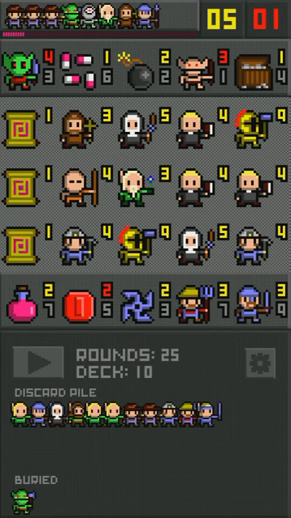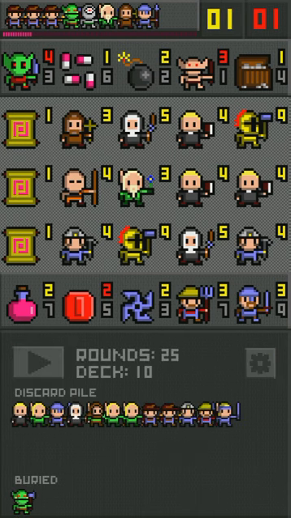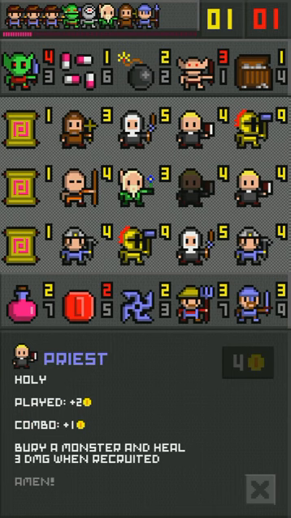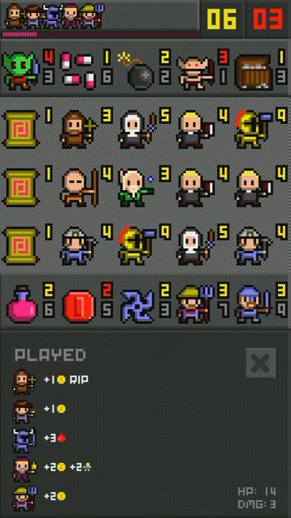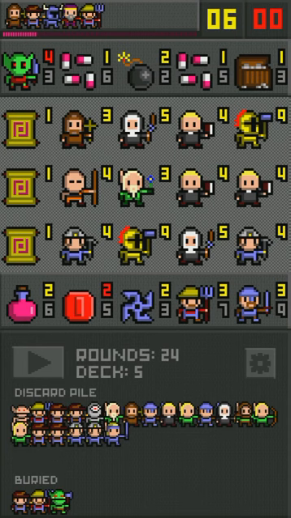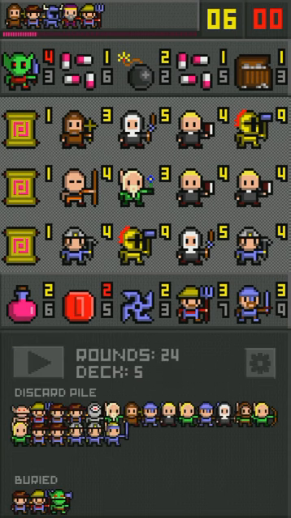Let's buy ourselves a priest here to heal up a little bit. Basically, if you buy the priest, you'll heal up a little bit when you buy them, so it's worth it for that. Let's buy ourselves a silver chest, and I'll buy a potion. That'll heal us up a little bit. Let's kill off this goblin, or I guess this hob, I guess is what it is. These guys are goblins. They're a little bit greener, I guess. Let's buy ourselves...